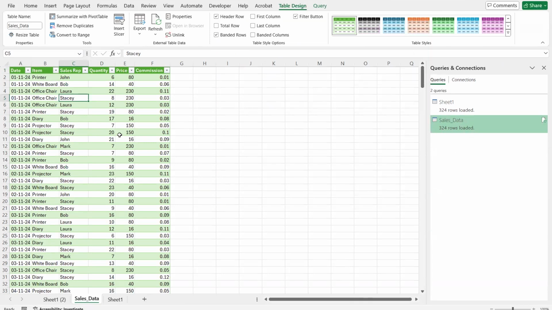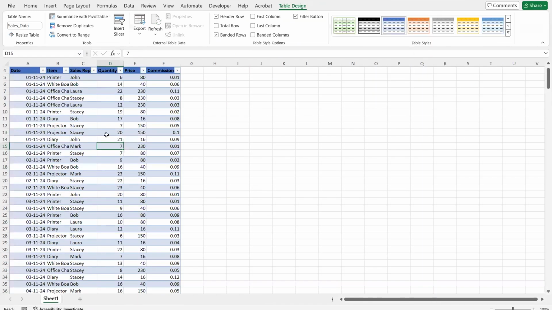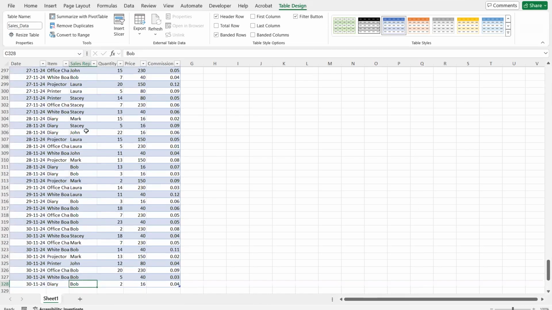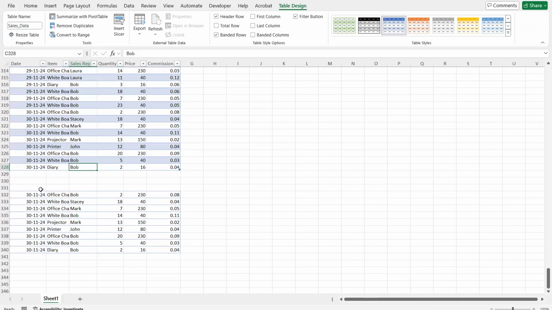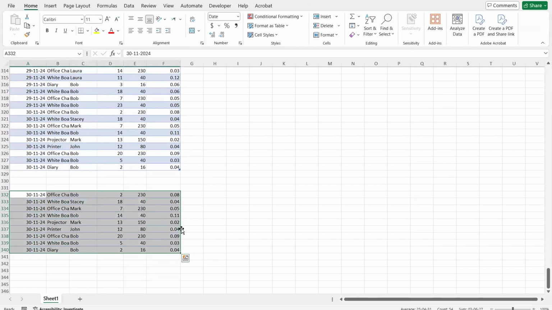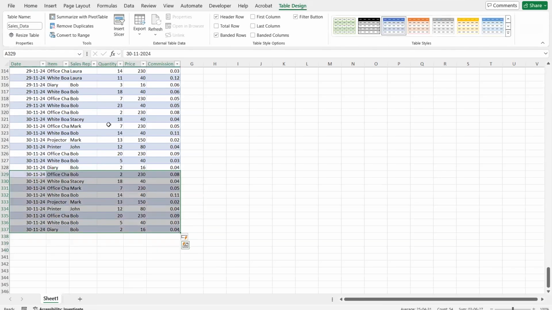Now, what I would like to do, I go back to the source file. This is the table. Scroll all the way down. Assume now my table has new data. So this new data, I'm going to move it and join it with the existing table. So now the table has expanded and included this data. All I need to do in this case is just save,